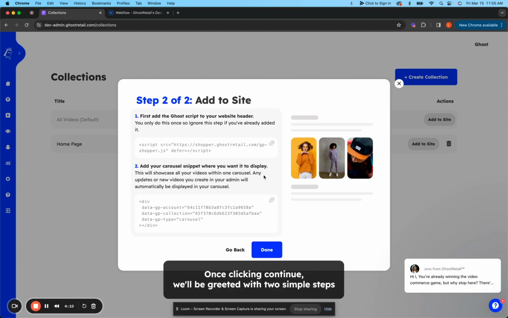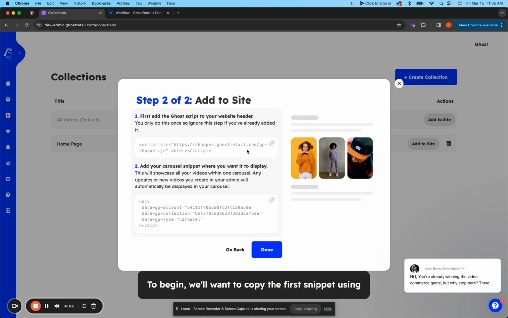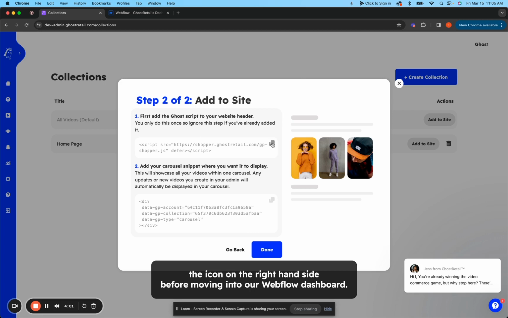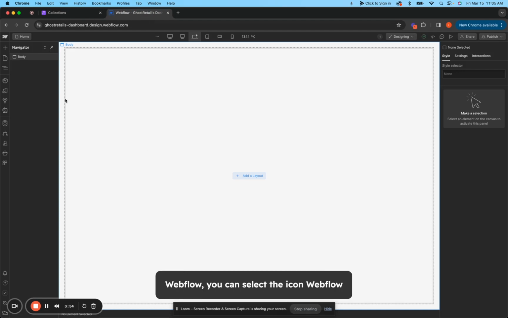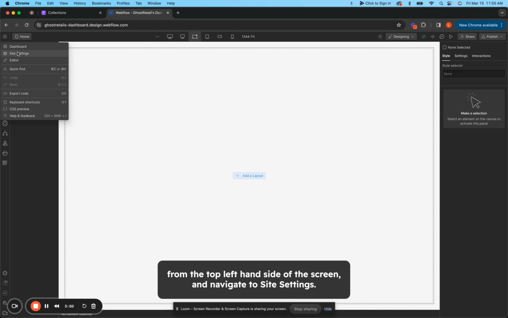Once clicking Continue, we'll be greeted with 2 simple steps along with 2 simple code snippets to embed on site. To begin, we'll want to copy the first snippet using the icon on the right-hand side before moving into our Webflow dashboard. Once you're in Webflow, you can select the Webflow icon from the top left-hand side of the screen